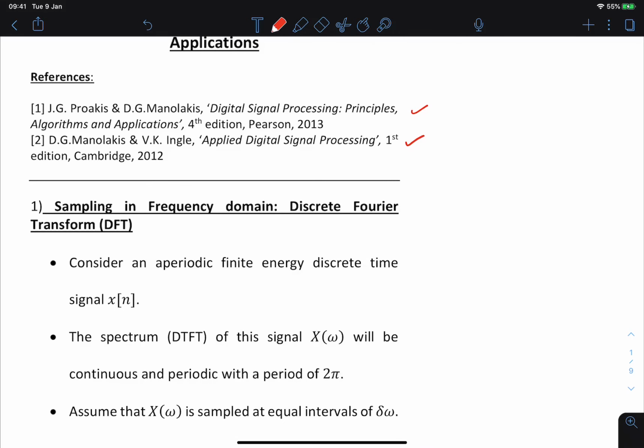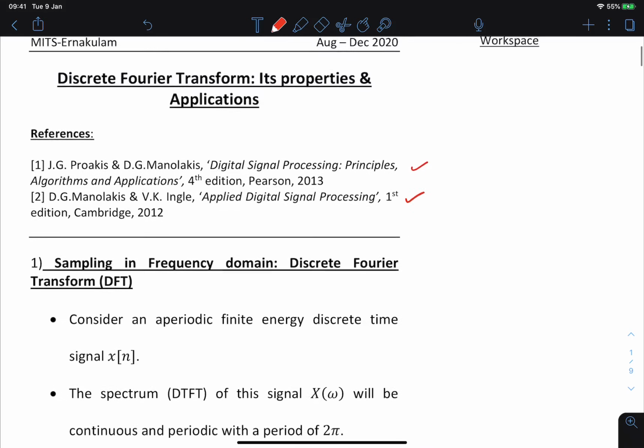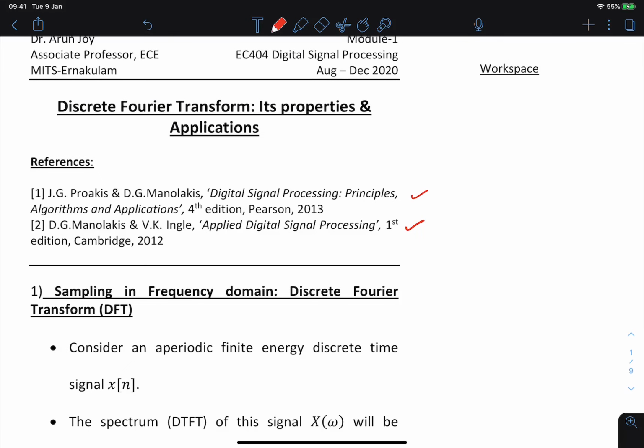So in the last semester you would have learned something called discrete time Fourier transforms. That is the Fourier transform of a discrete signal. Now what does a Fourier transform do? This is a transformation that converts a discrete time signal in the time domain,